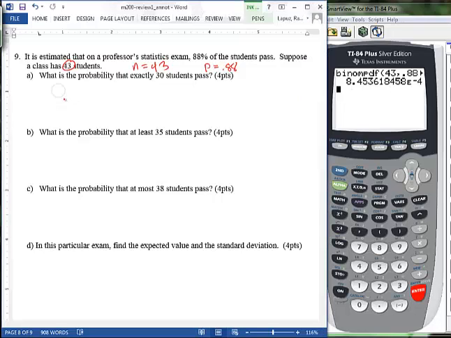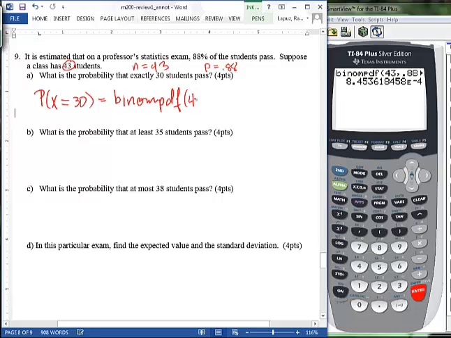So what I would like for you to write down on your paper is you're getting the probability of x being exactly 30, and you put this into your calculator, binom PDF, and then you put in your n, your p, and the number 30. And in this particular example, you got